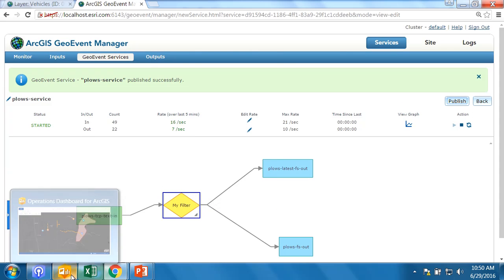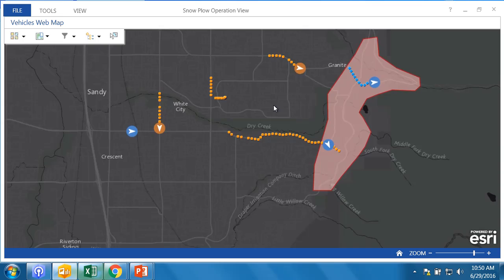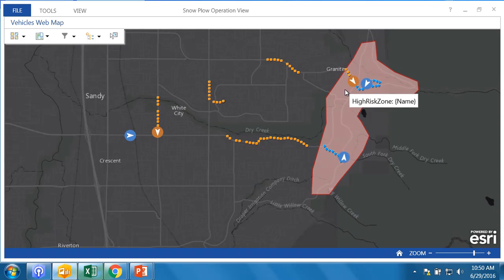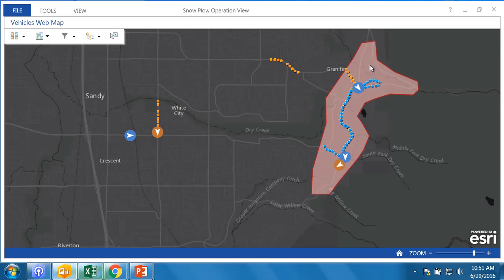Let's take a look at the operations dashboard. Now you can see that there are vehicles that are getting updated only when they are inside this particular geofence. The vehicles outside this geofence are not getting updated. That's their last known position. When these vehicles in this geofence start moving out of the geofence, they no longer get updated. Once they start entering again back into this geofence,